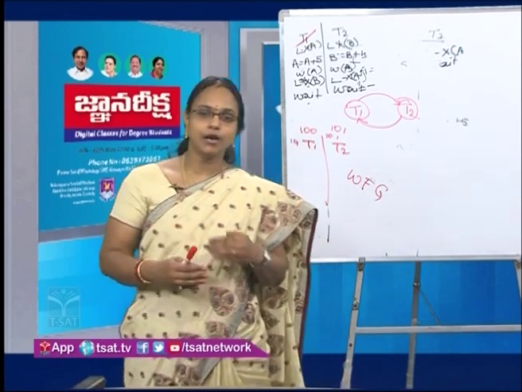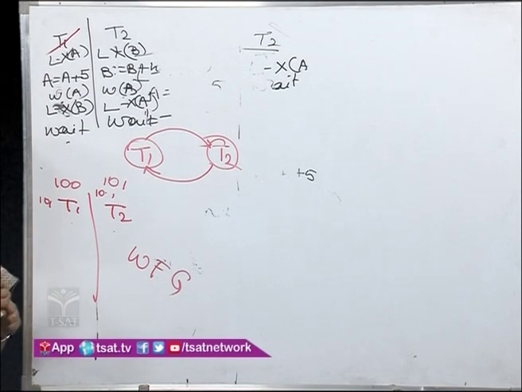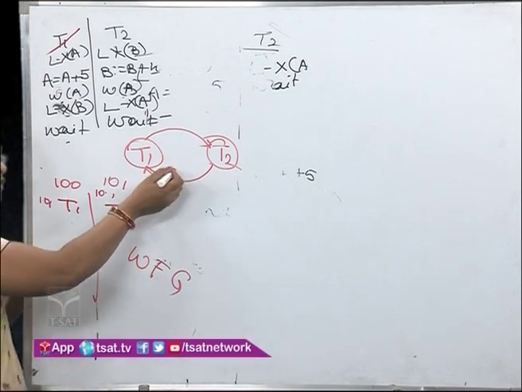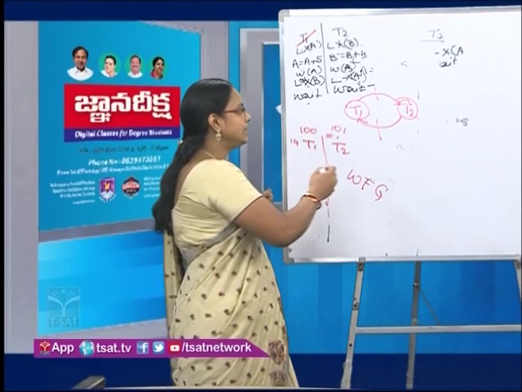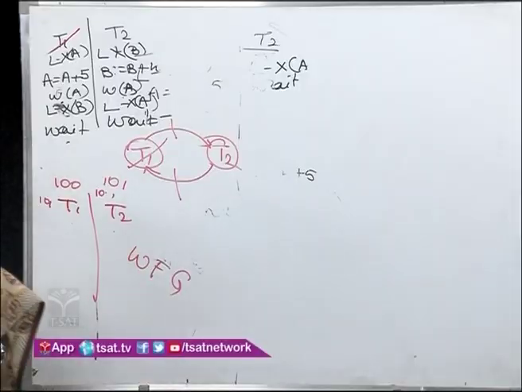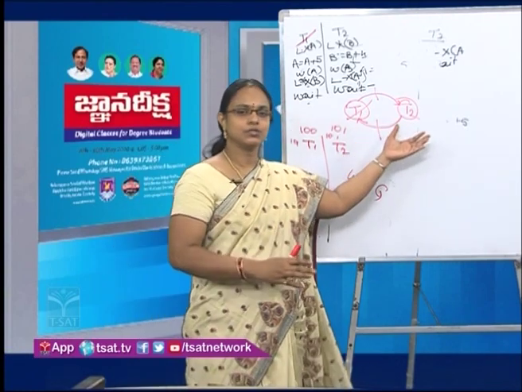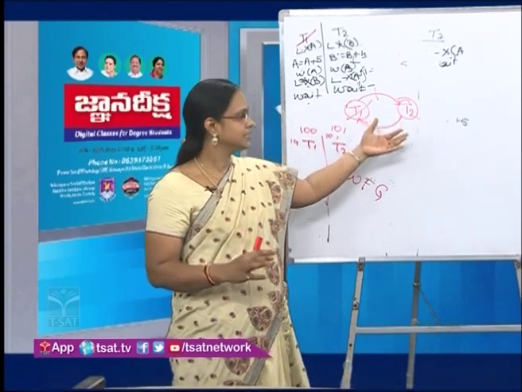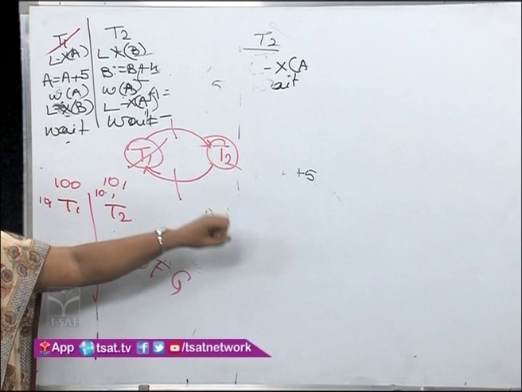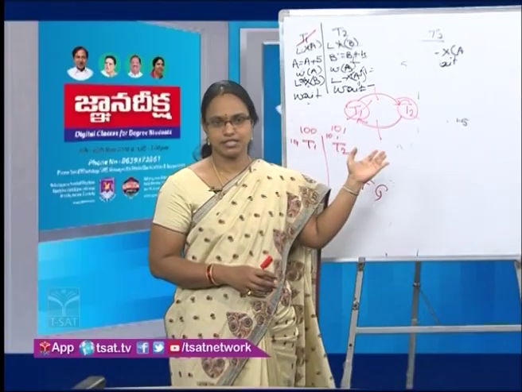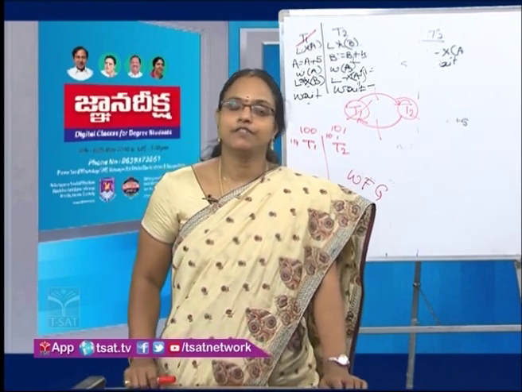So to recover from this deadlock, in this cycle, we break one of the edges so that the cycle will be broken. Even if you break this edge or this edge, the cycle will be broken. So it will kill one of the transactions so that the edge is broken and the cycle is removed, and it will give T2 all the resources so that T2 can finish completely. Once it commits, all the resources will be released. The released resources are given to the next transaction which is waiting, and the killed transaction will be restarted. So these are the three methods of handling deadlock.